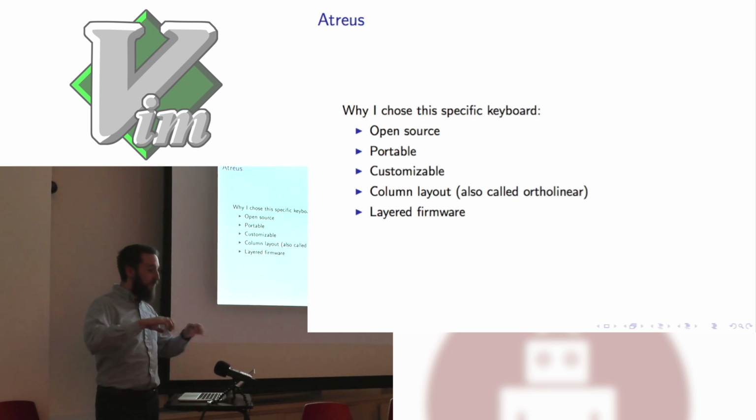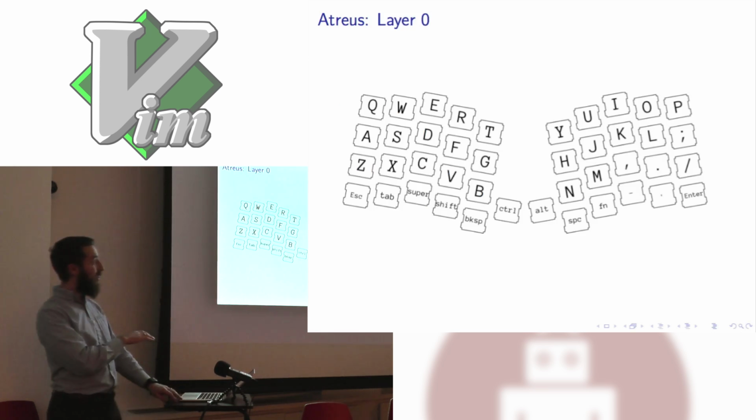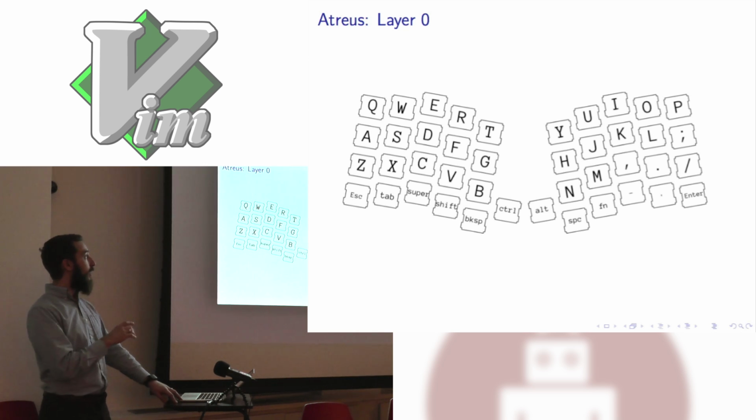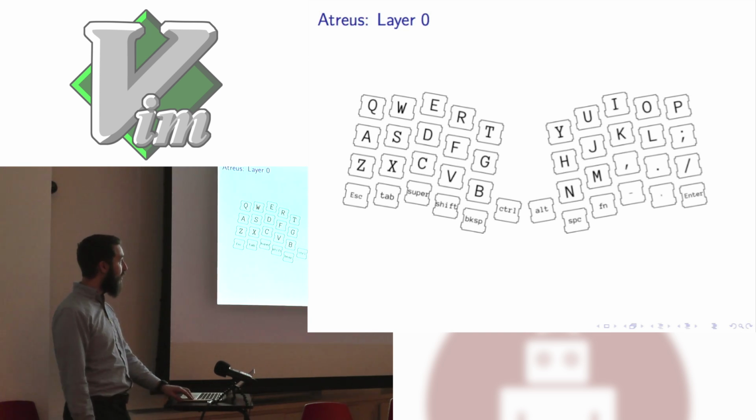So yeah, it reduces horizontal travel of the fingers, which over time will kill. And again, the layered firmware, so you can have all the different layers of keys on top. So here's the key map for the keyboard I brought, and the way it's currently programmed. Again, there are tons of different variations on this. You can reprogram it any way you like, but you can see that on the bottom,